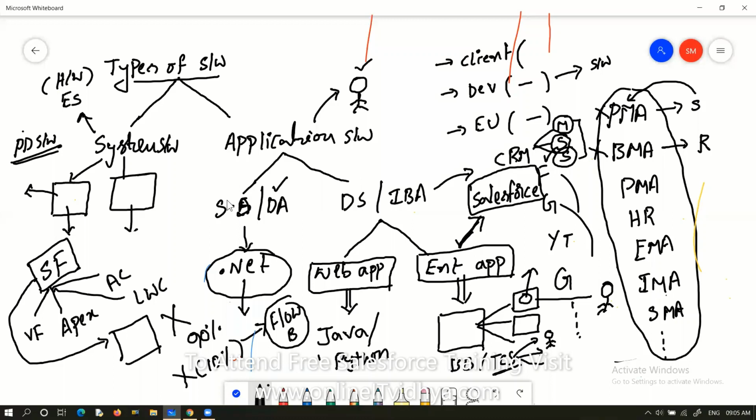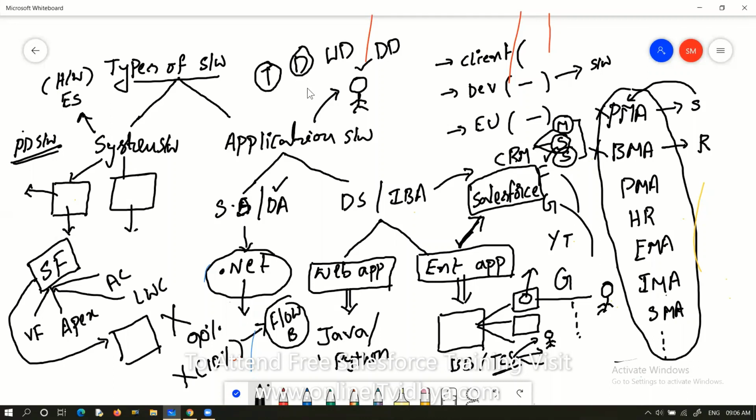Most of you may have different ideas about where you want to settle in the software industry. Somebody wants to settle in testing, somebody in development, somebody in web designing, somebody in database designing. Testing side means you need to learn testing tools.